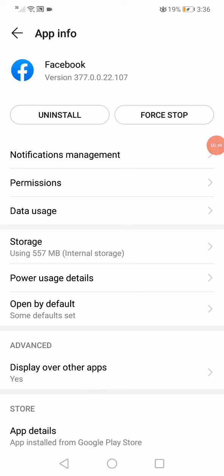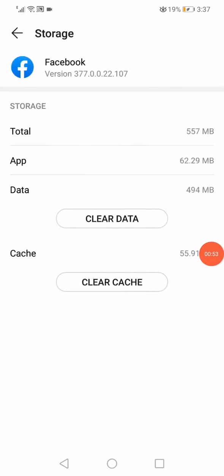must be solved. If it didn't solve it, then go to the storage, click on clear data, and then reopen